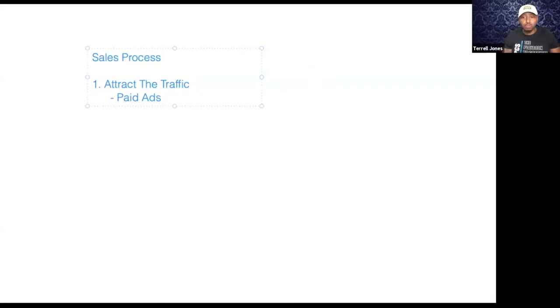right? So when you're looking at paid ads, what this means is, in order for me to make money in my business, people need to know I exist, correct? So I need a way to attract them. They need to find out about me some kind of way. So when you're looking at ads, think about Facebook as like a giant billboard. Right? Facebook is a billboard. Don't think about it anything more complicated than that.